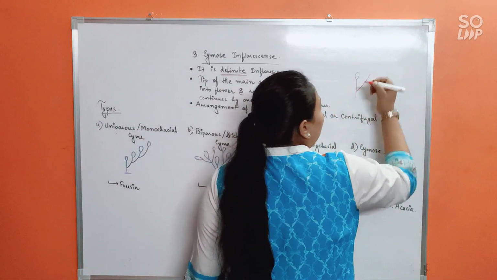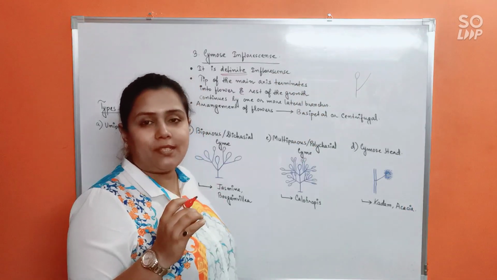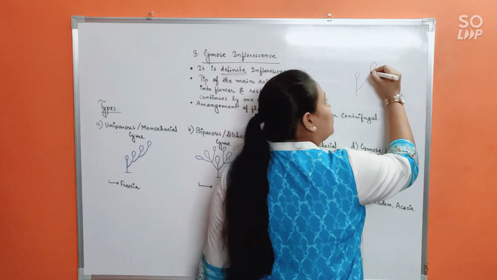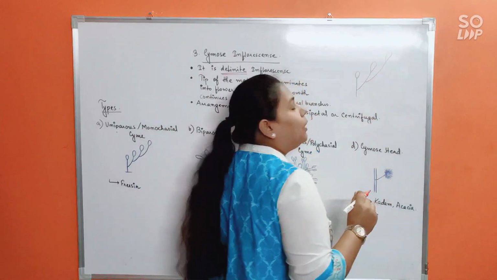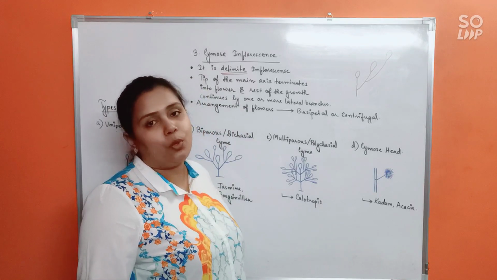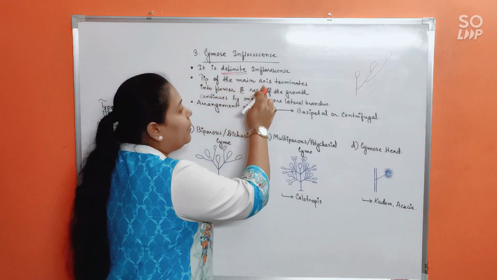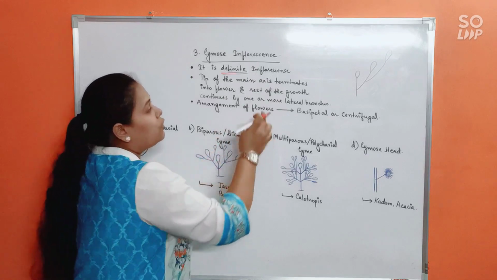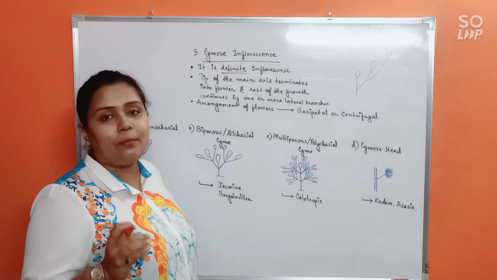Now, some lateral branch will arise to continue with the growth. To further make the inflorescence axis grow, a lateral branch will arise. This branch will also eventually terminate into a flower. Further, the growth will be brought about by another lateral branch. Understood? This is how the growth is going to occur. So that's what is meant by the tip of the main axis terminating into a flower, and hence its growth will stop. The rest of the growth will be continued by one or more lateral branches.